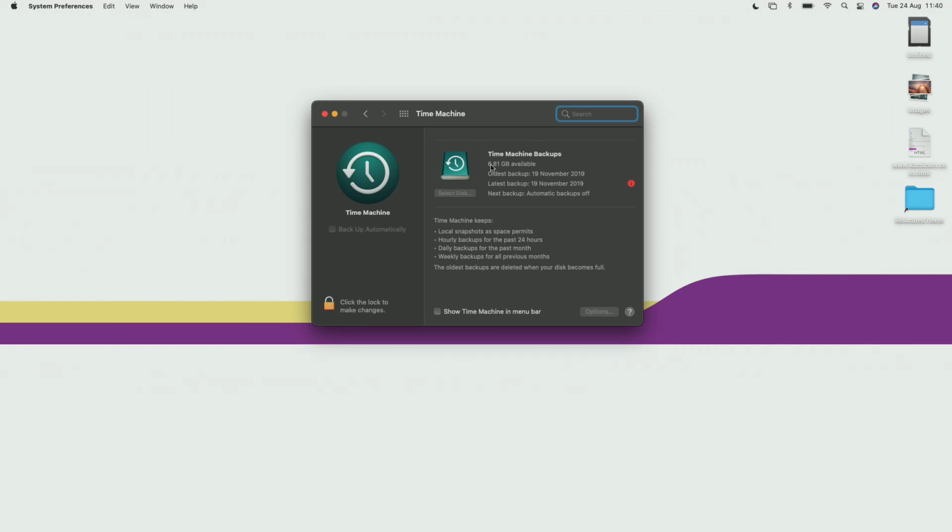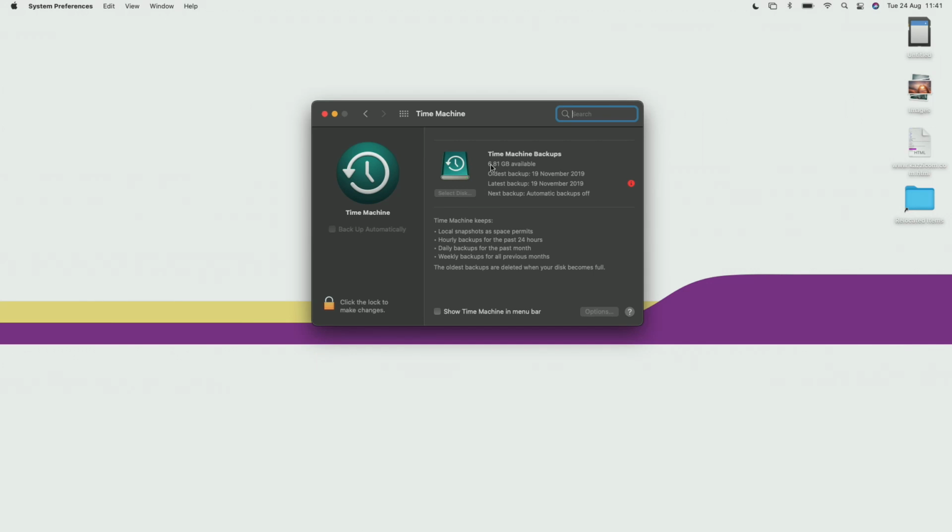Well, Time Machine is Apple's way of backing up your device as to how it was at a set point in time. So all of your data, all of your settings, all of your files, they're all going to be saved to this Time Machine. And if for whatever reason you corrupt your file, corrupt your hard drive, or need to get a new device, you can unload that Time Machine onto a device so you've got it exactly how it was when you set it up. It's good for if you need to reset your MacBook, get rid of files, then bring it back in,